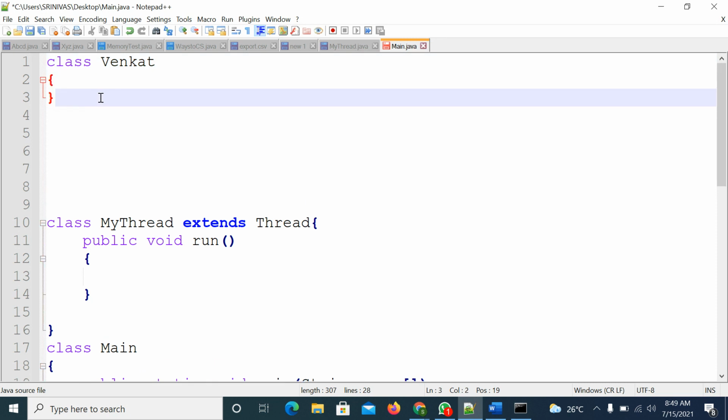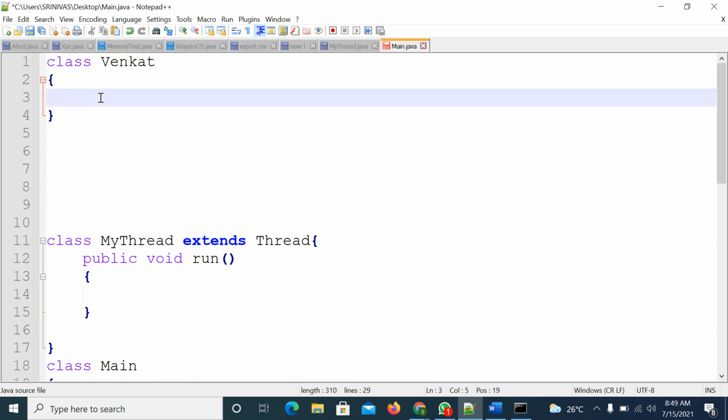Hello Venkat. Create a class named Venkat, or some person, you can take any name. In this class I have a method.